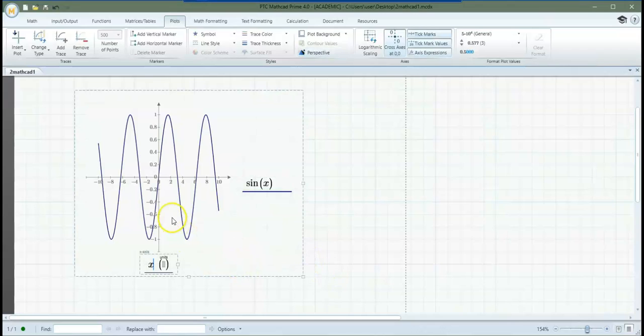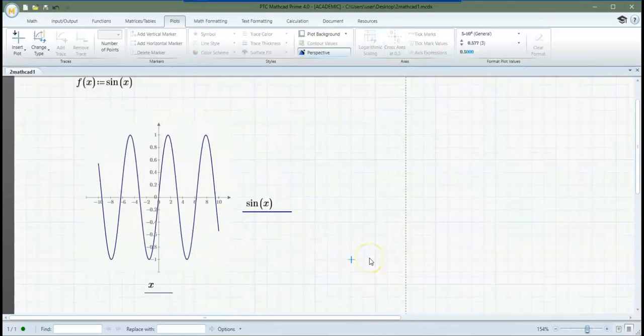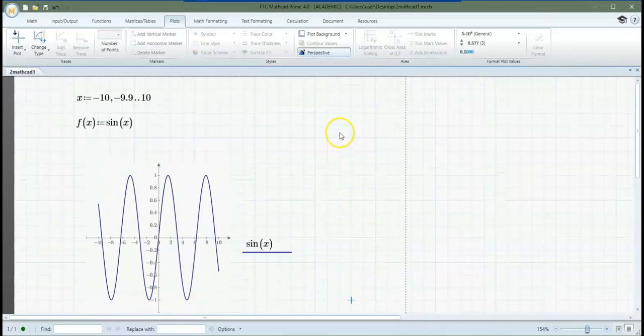Now we have the plot for sine of x, and you can see what the roots are for this function. We have -9 something, we have -6 something. So this is a very simple method for finding the roots of a function in Mathcad. Another way is to use the root command. So if here I type root,